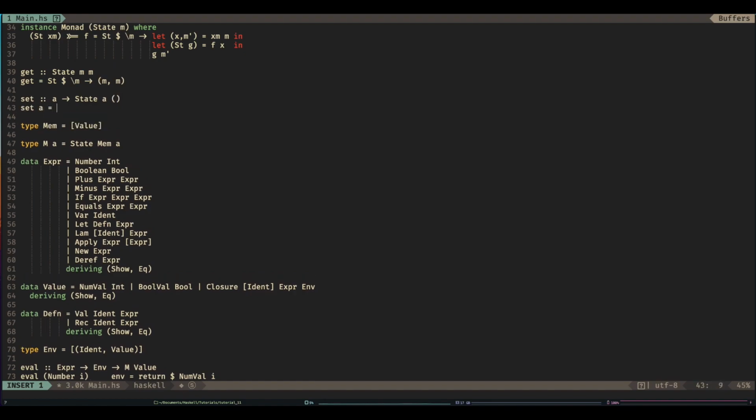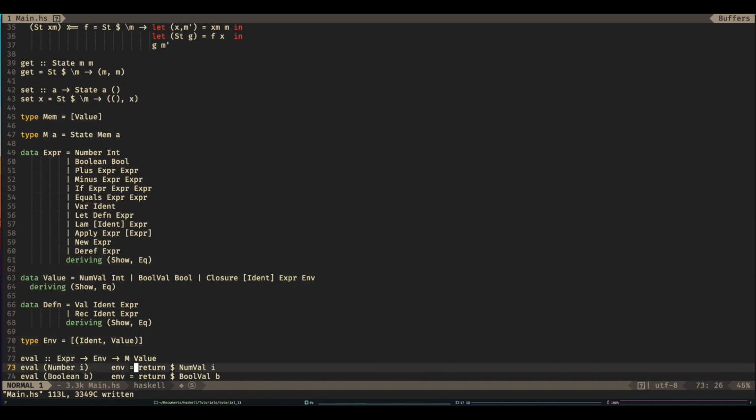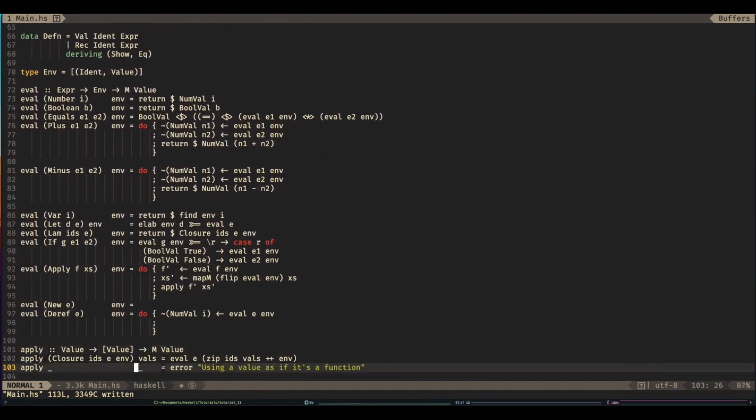Set a, call it x, equals state, very easy one this, m to nothing x. So we kind of discard the memory. From these two, you can make a function modify. Let me just, you can make a function modify, which takes a function that changes the memory instead. But this tutorial's already getting too long. So,